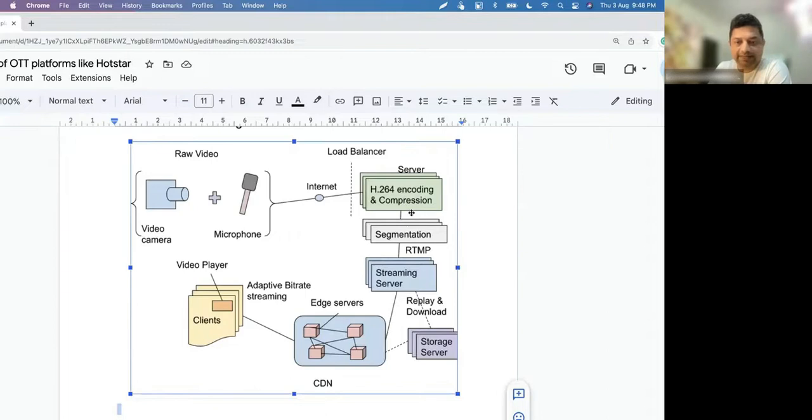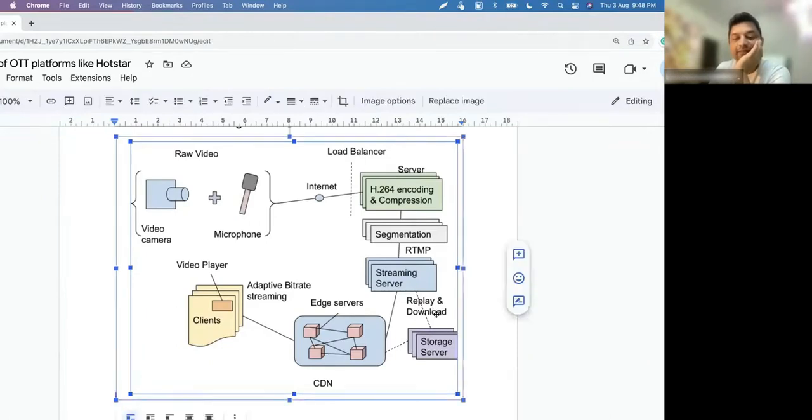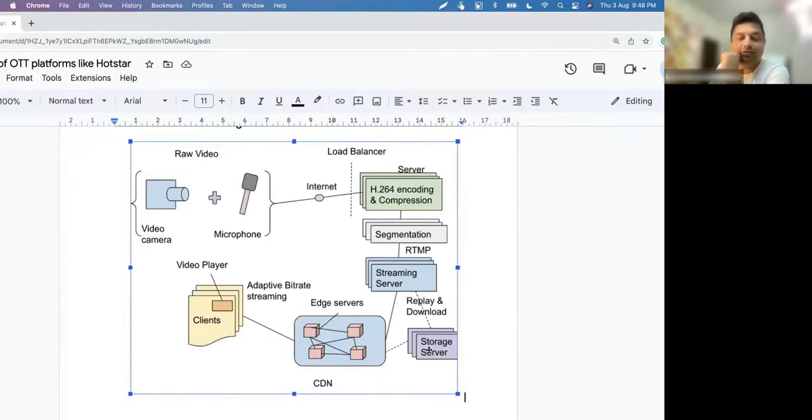And then segmentation, chunking will happen, right? So basically these two things happen. Then all the compressed and segmented data will be stored in the streaming server. There will always be a pool of streaming servers. It will also be copied to the storage server, for replay and download later.